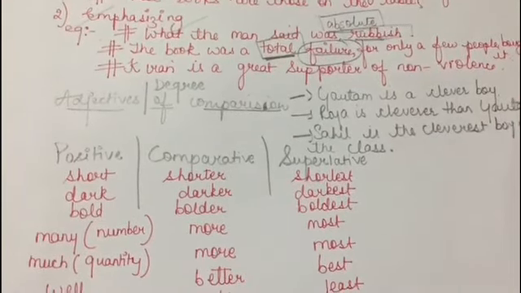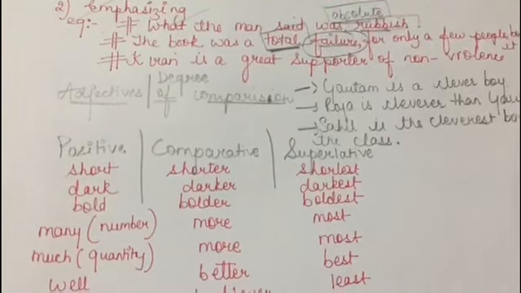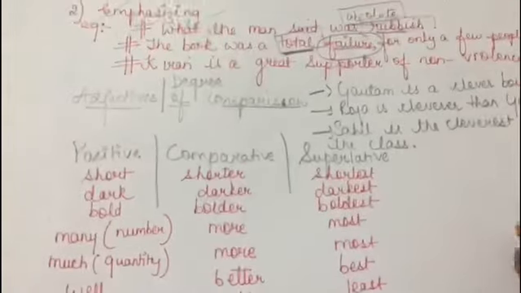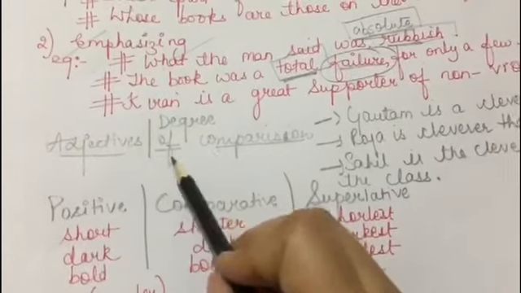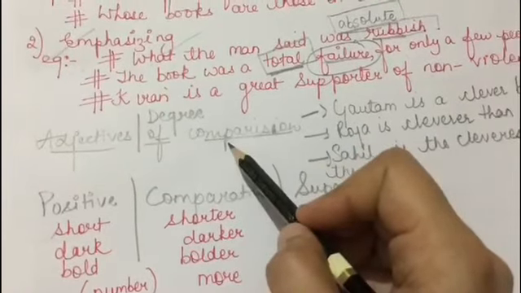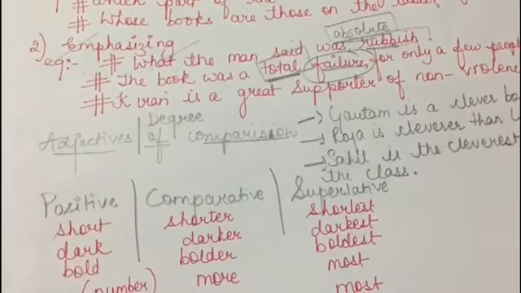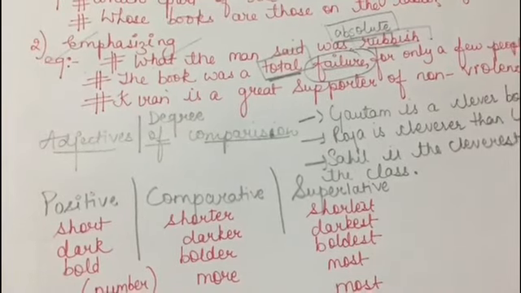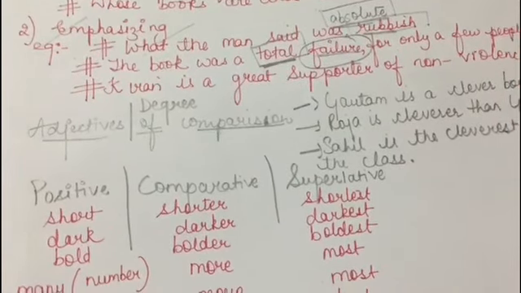So now we are done with the kinds of adjectives, as well as the meaning of adjectives. So now let's move forward. Now we'll be doing adjectives of comparison, or we can even say the degree of comparison. Sometimes we may want to compare two or more persons or things with regard to a particular quality that they both or all of them have.